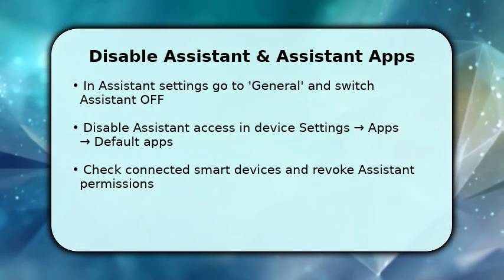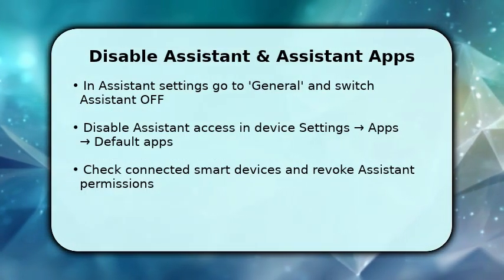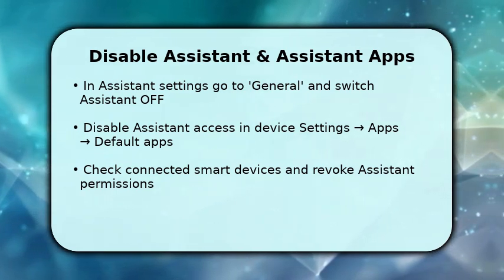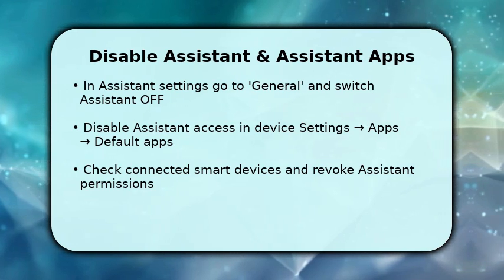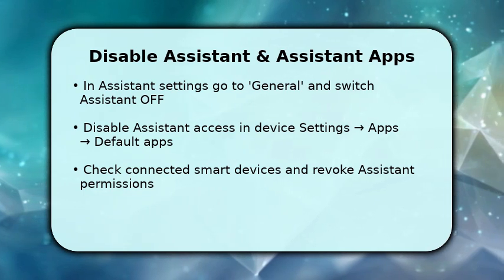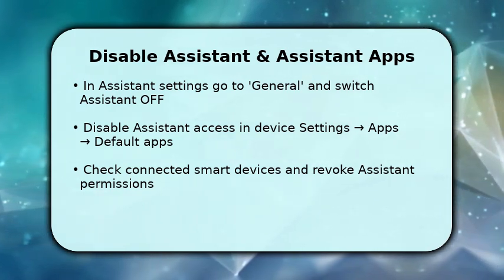Next, go deeper to fully disable the assistant. In Google Assistant settings, open General and flip the assistant toggle off. This stops the service from running. Then go to your device settings, Apps, Default Apps, and clear Google Assistant as the default Assistant app to prevent